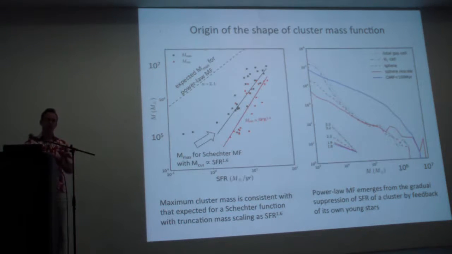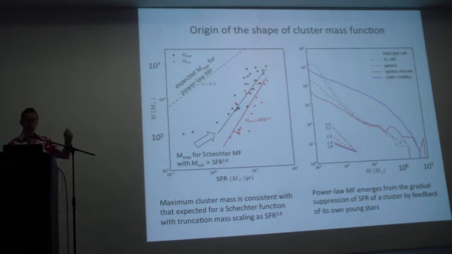In the simulation, we have time steps of the order of 1,000 years, and star clusters form on time scales of several million years. So we resolve in time the formation of each stellar particle with thousands of time steps, and we can see how their star formation rate increases and decreases as the result of feedback of their own young stars that they produce. So the final masses that we calculate for star clusters in the simulations are produced self-consistently by the feedback of their own stars. So in that sense, they're truly interesting masses to compare with observations. They're not just a result of numerical artifacts or numerical prescriptions as is typically used in galaxy formation simulations.